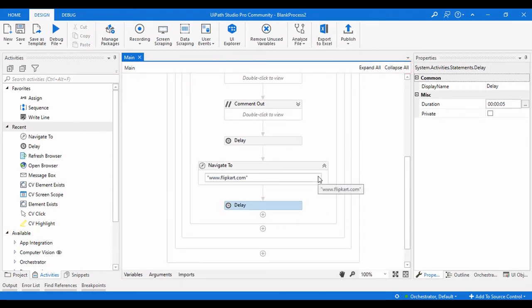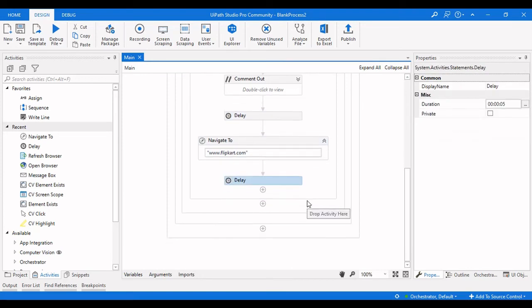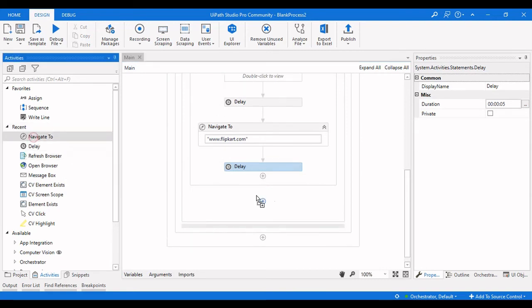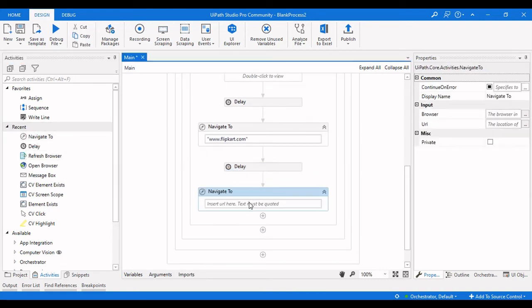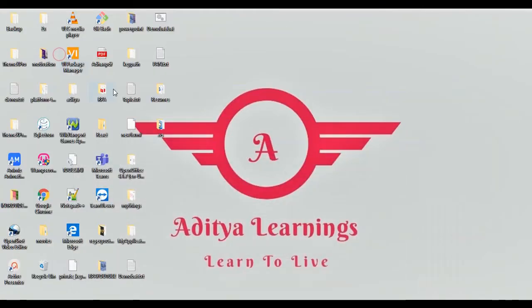So first it will wait for 5 seconds and then it will navigate to Flipkart, and then there will be a delay over here. Now we will take another Navigate To and navigate back to google.com.